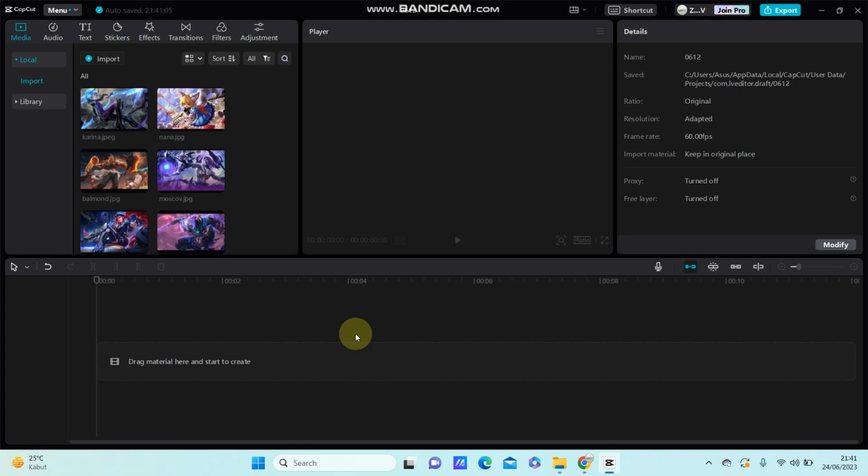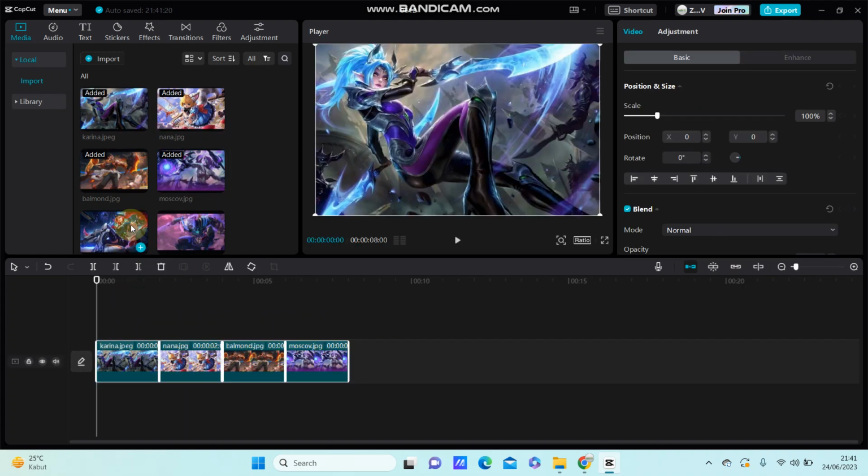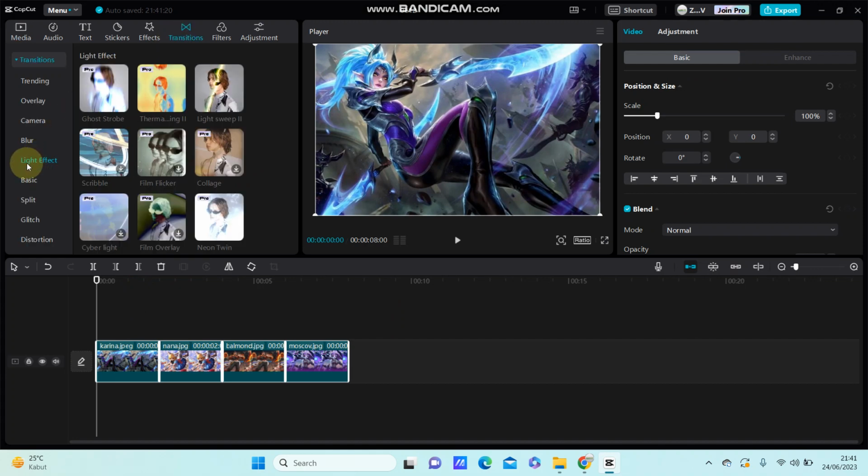Hello everyone, in this video I'm going to show you how you can add glitch transition effect in CapCut for PC. So for example, you can select your videos, already selected. I'm just going to add these test images and go to transition, select light effect and you can find it goes through